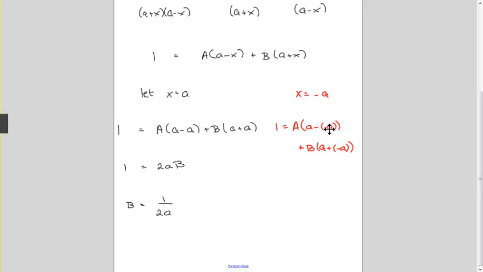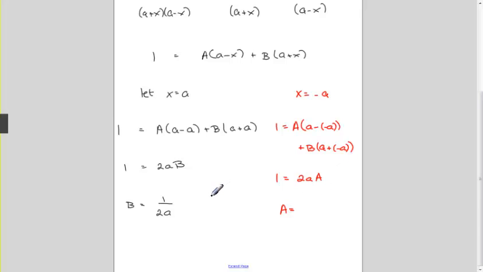Okay, so I'm using the negative a here. Well, you can see these cancel out. And here you would end up with 2a as well. So we'd have 1 is equal to 2 small a, capital A. Therefore, a is equal to,